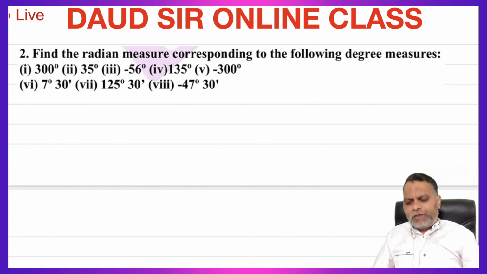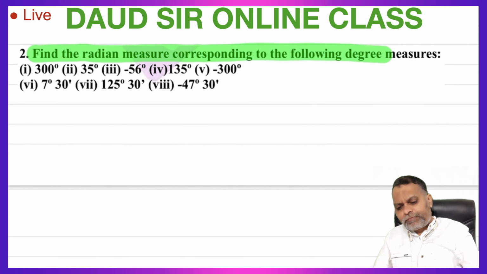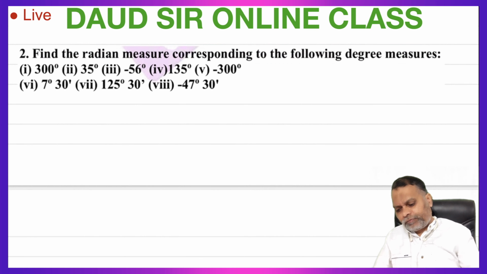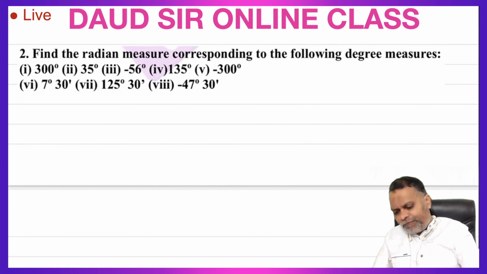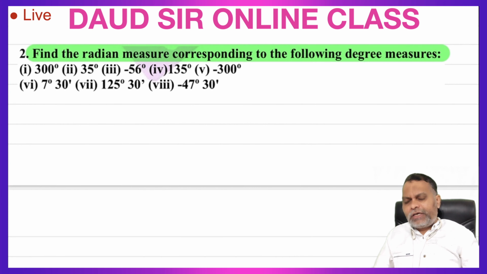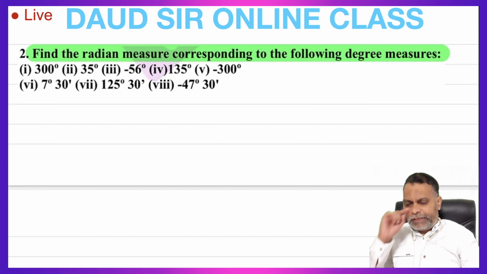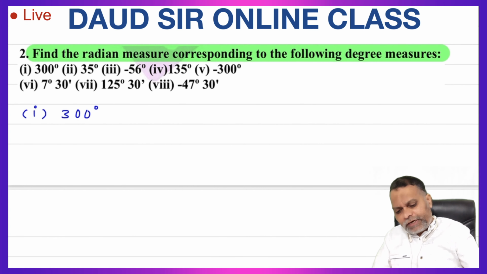Now question number second. Find the radian measure corresponding to the following degree measures. Here degree measures are given. We have to convert them into radian. So first part, 300 degree. We have the relation